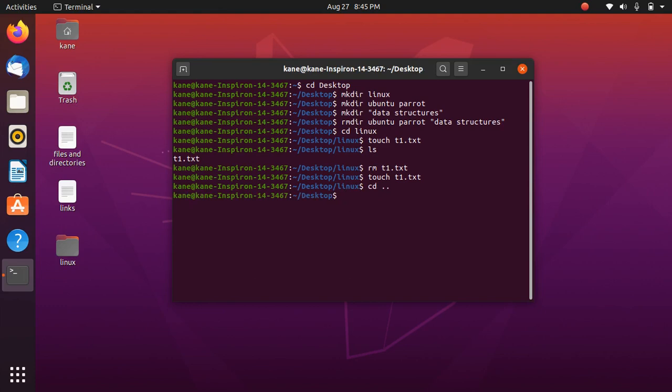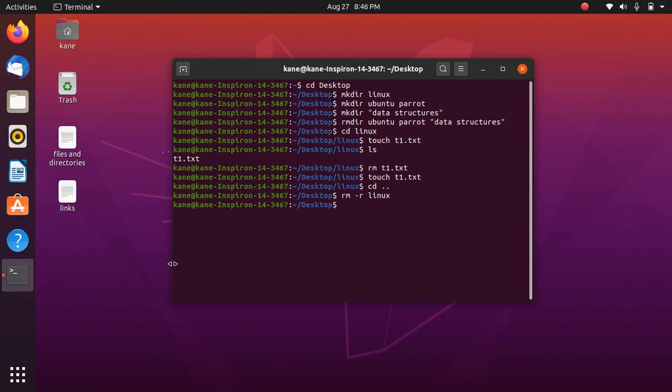Okay, so now we have to use the rm -r option to remove folders. Doesn't matter whether the folders are empty or not, you can simply remove them using rm, and the important thing is that you have to use the r option of the rm command to remove the folder. You can also remove files with it.